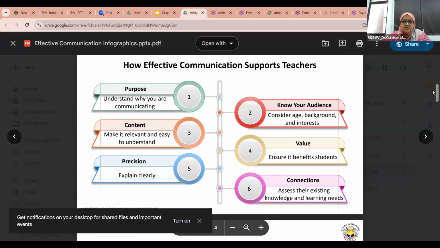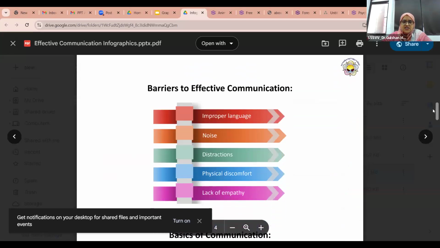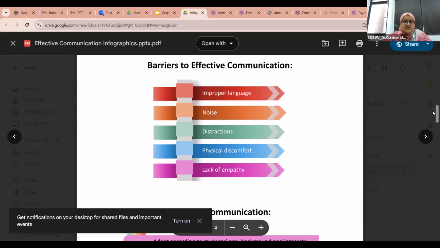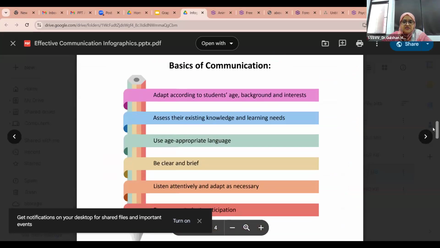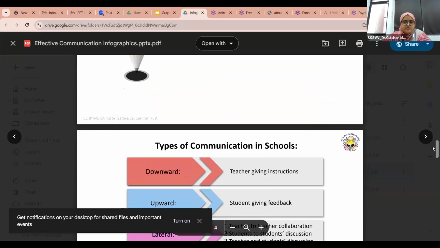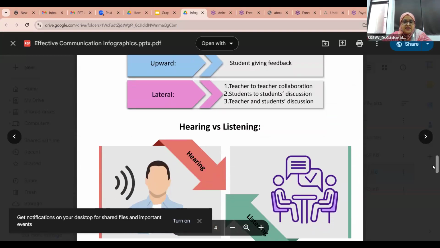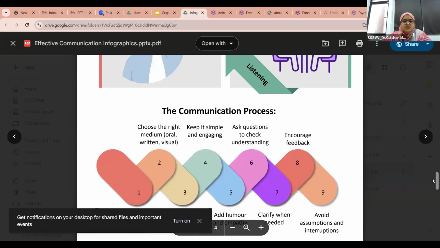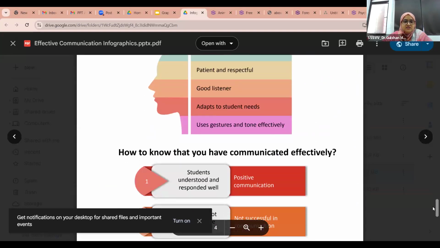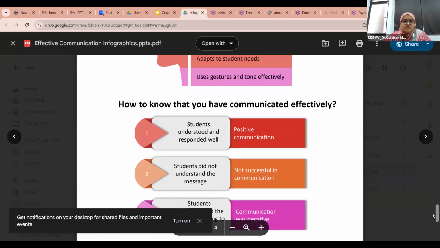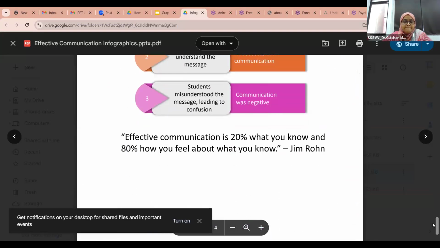Then there is a next slide of the same infographic, on how effective communication supports teachers. Then there are barriers of effective communication, basics of communication, types of communication in schools, hearing versus listening, the communication process, qualities of a good communicator, how to know that you have communicated effectively.